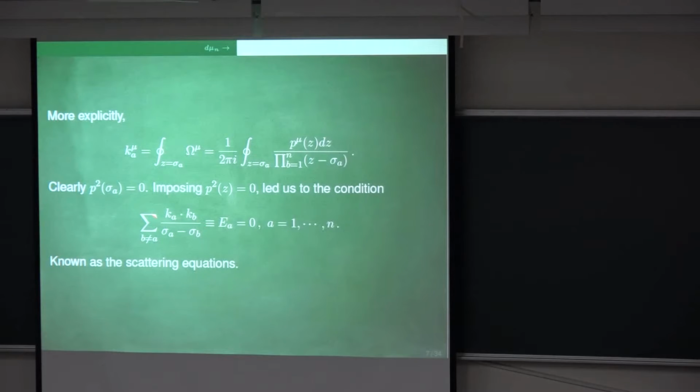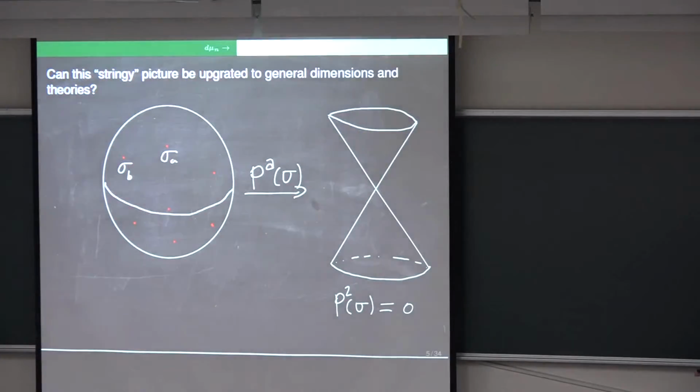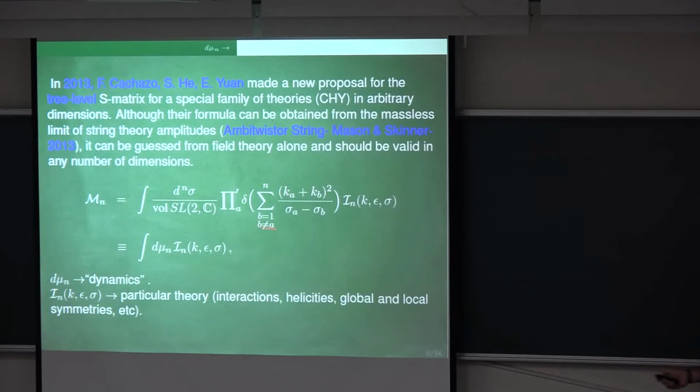So this is the map that connects the momentum living on the null cone to the punctures of the sphere. This condition here tells me how this map is defined. So by finding that map, I will define an object that, let me call for now, the S matrix, which is such that when I evaluate that object on the solution of the scattering equation, which is the map from the sphere to the null cone, then it will give me,